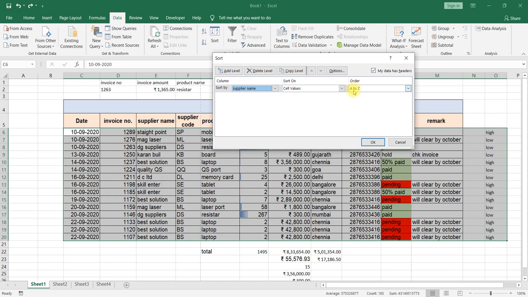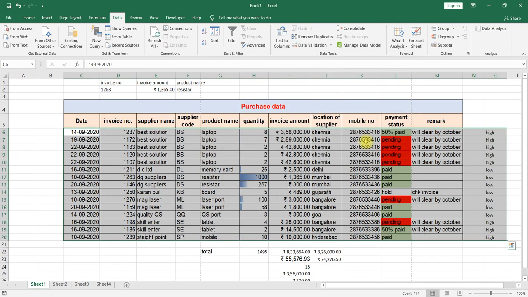How to sort? A to Z, which is nothing but alphabet A first and Z last. Select. Now you can see the entire structure has been changed. Best Solution on top, DC, then DG, then Current, then MG, like this.